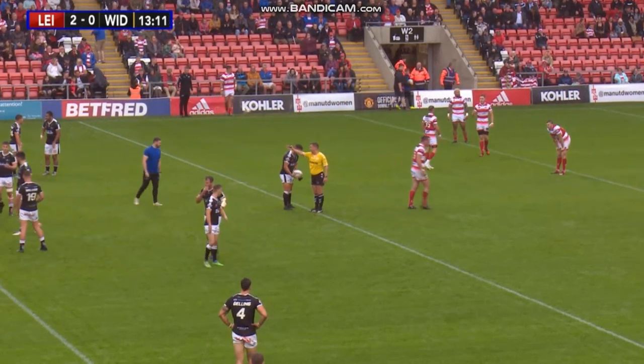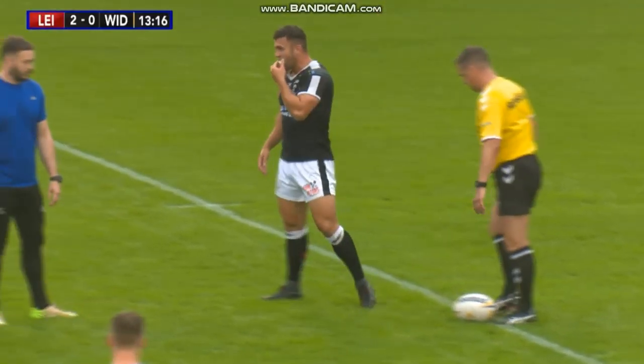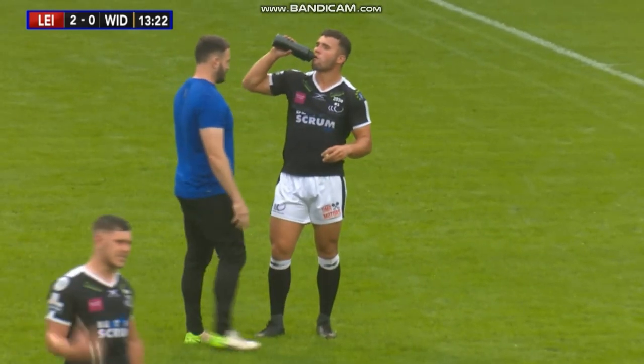I think they're going to go 2 here. The call for the kicking tee. Right in front of the post, 30 metres out. So we'll be back to 13 aside. And as you were on the scoreboard,